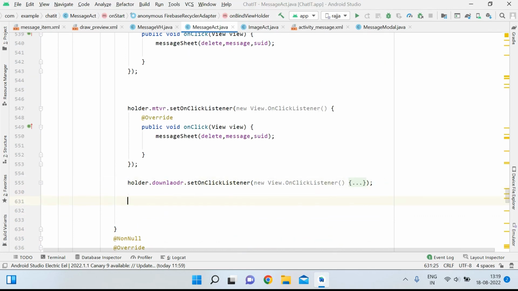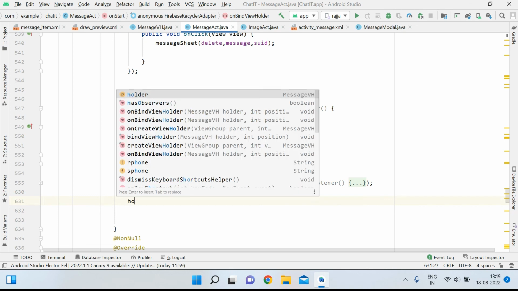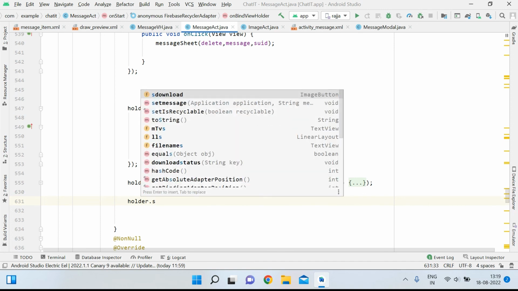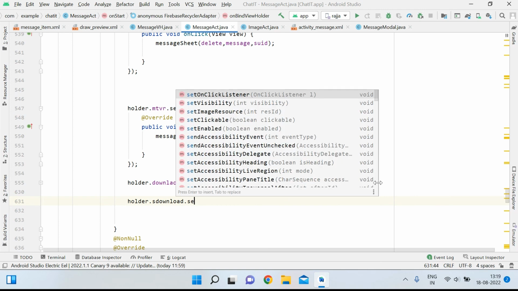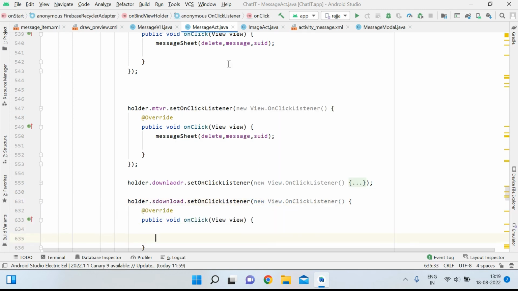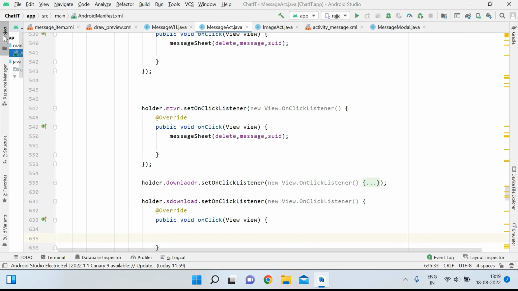Now we will handle it if the sender clicks on the download button: dot set on click listener, then new, then dot view on click listener. So guys, now here we need to create